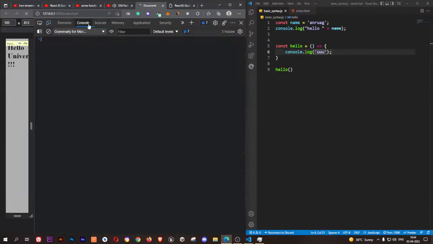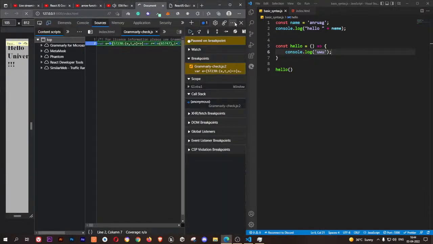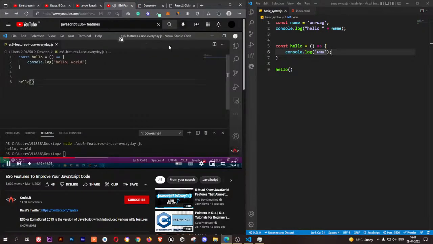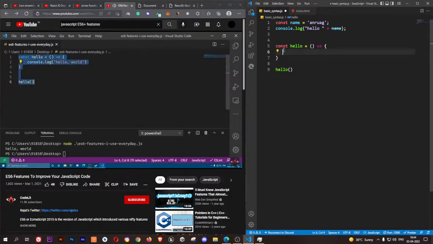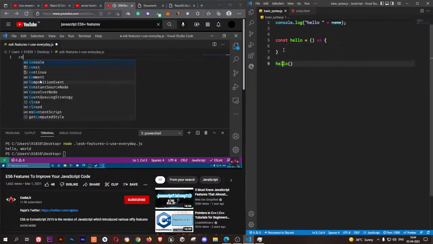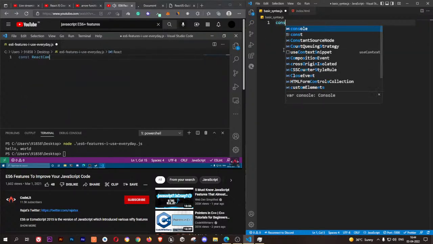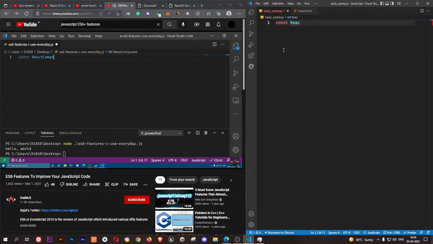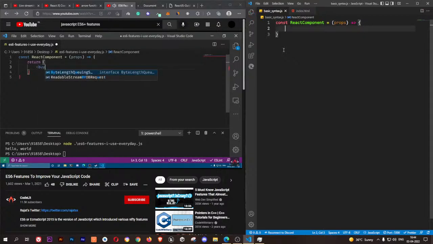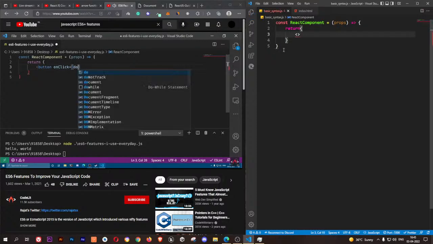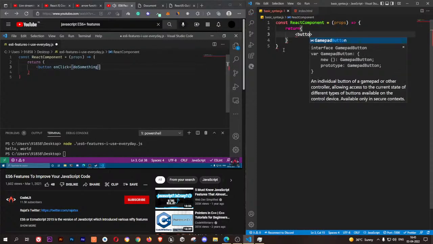I write a lot of React code, and even in my React components I use arrow functions to deal with the click events and all. So if I can show you a sample React component, this is how I write it: component and props, okay, a return whatever div, or you can write button, okay, on click do something